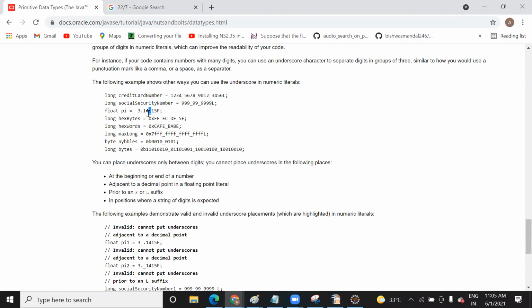So this underscore is just to terminate a value or just bind a value in one sequence. Like instead of taking such a big value after this, you can take it 1525 like that. And when you use this underscore while printing, it will remove this. They will take it like this. So you can just think of this 15 as standing for the whole 1, 2, 3, 4, 7, 8.